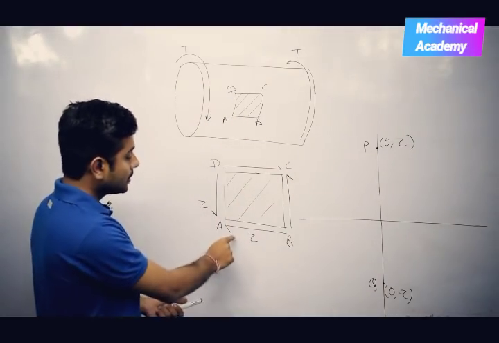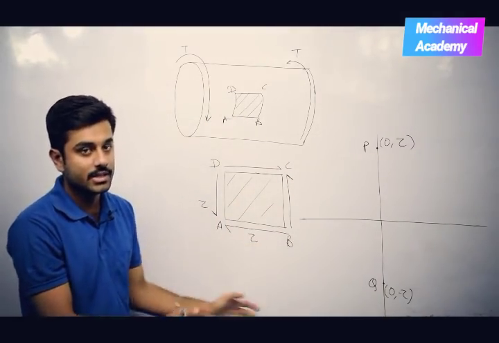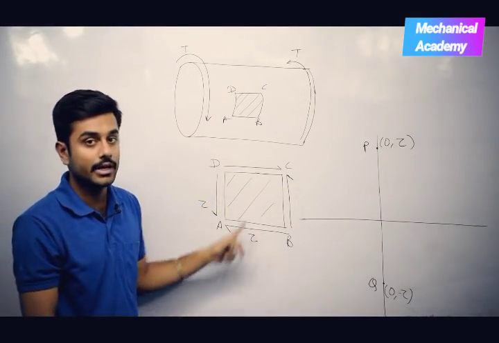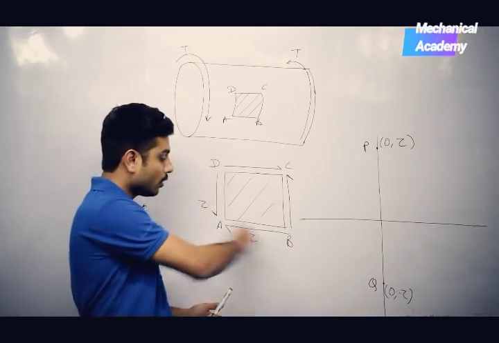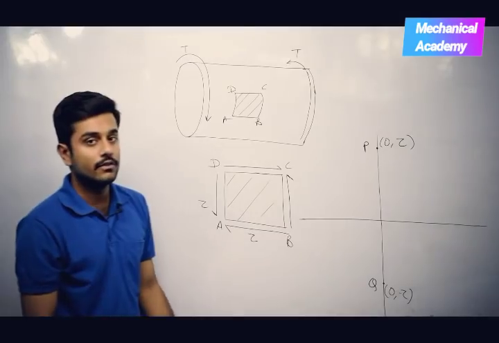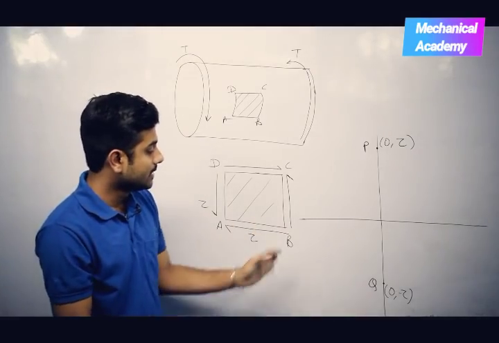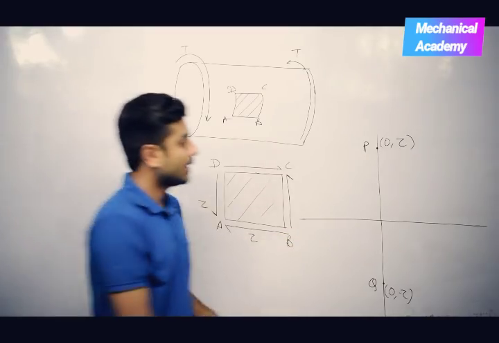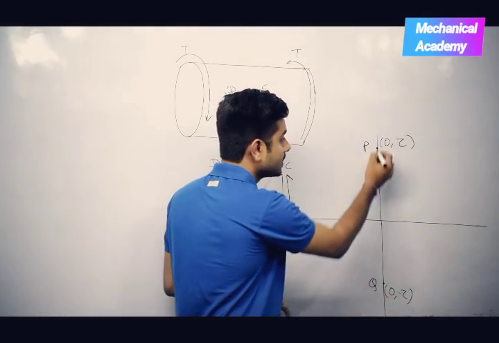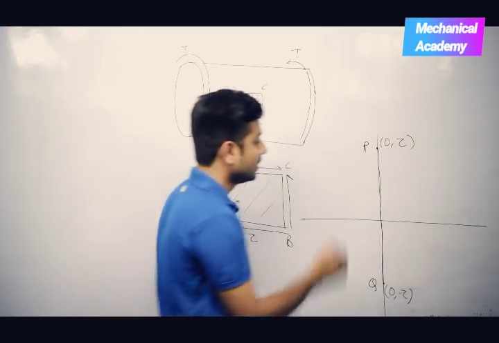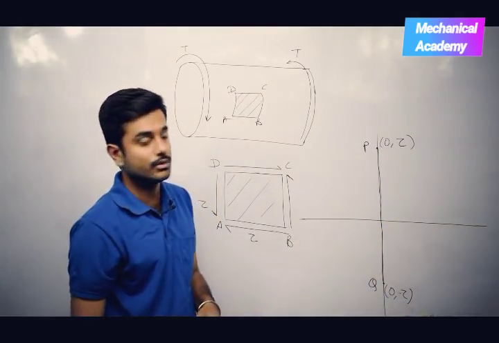How? On the plane AB, there is no normal stress, so x coordinate is 0. And there is a shear stress which is trying to rotate the element in clockwise direction. So 0, plus tau is the coordinate which we will be using for the plane AB. Similarly, we have plotted point Q for the plane BC. Now, taking these 2 points and joining them using a straight line will give us the diameter of the Mohr circle.